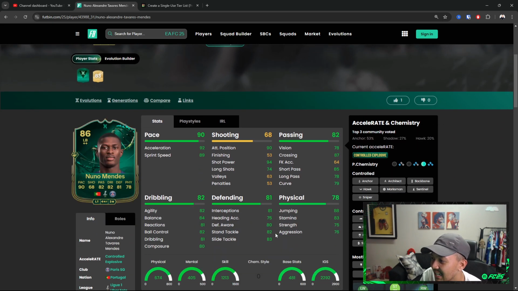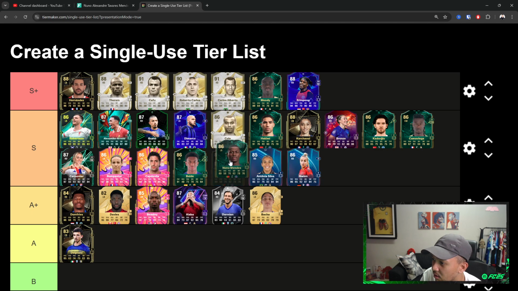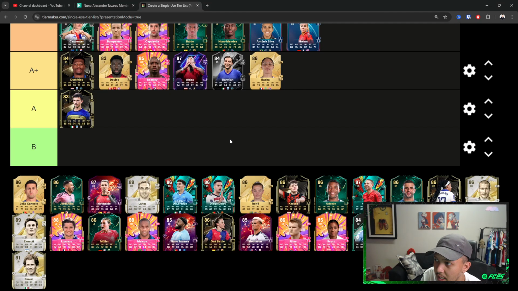Very nice pace split. Yeah, defensive awareness is a little bit low, so I'm happy to place him at least around that level where Balde is. You know, kind of in that boat. They're fast. Just don't have the defensive awareness, but still play amazing in game. Cancelo,